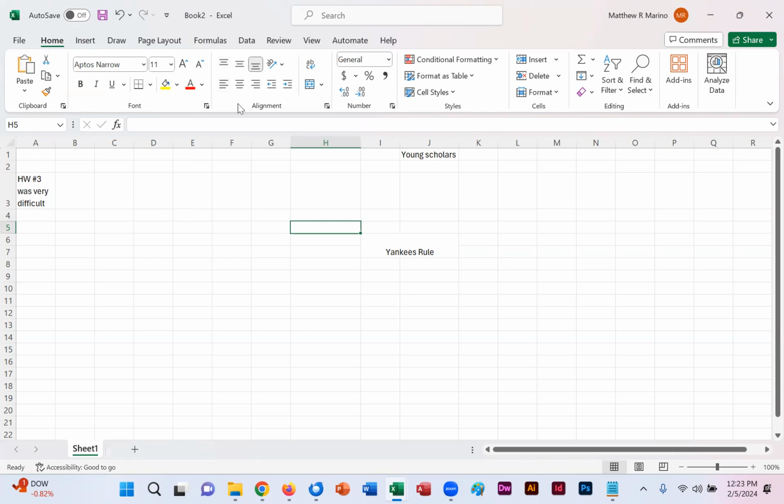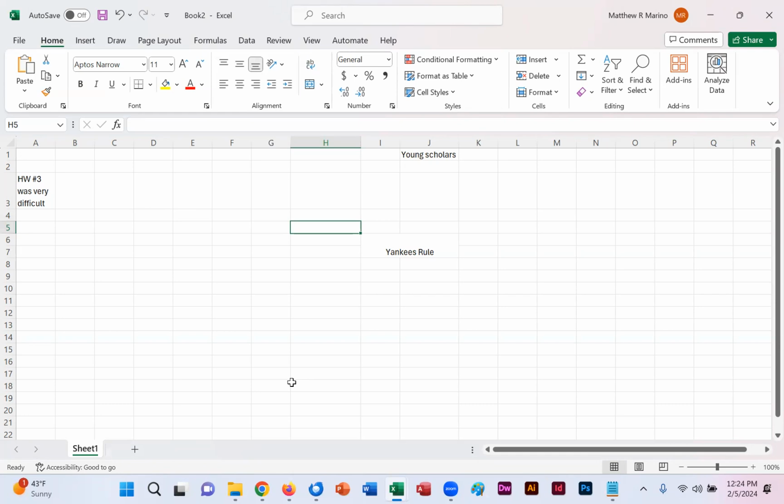But the alignments that you guys are more commonly familiar with, I'm sure, is align left, which starts the text at the left-hand side, which is usually the default. Center, which just centers your text. And right, which pushes it all the way to the right. And I showed you examples of those 3 during the VLOOKUP exercise,